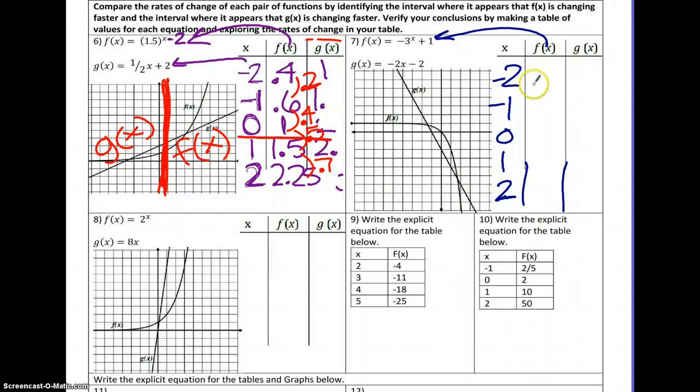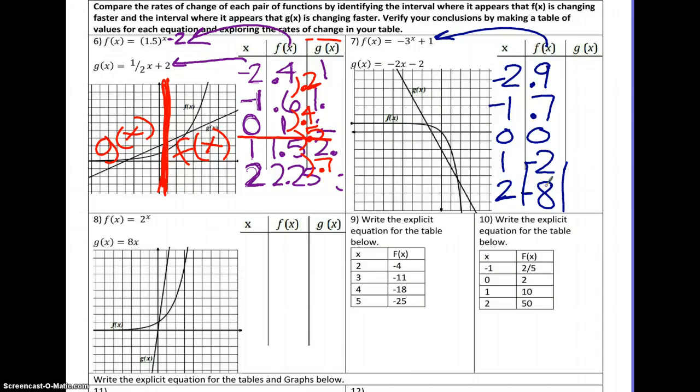We get 0.8 repeating, which rounds to 0.9. You do the same thing, but you plug in -1. You're going to get 0.6 repeating, which rounds to 0.7. If you plug in 0, you get 0. If you plug in a positive 1, you end up with -2,